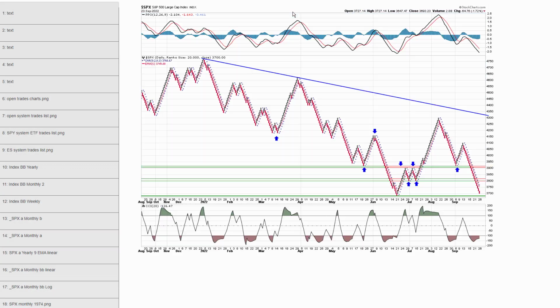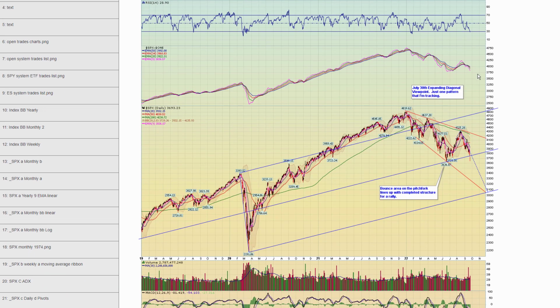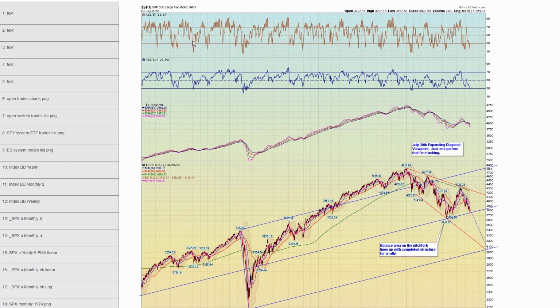Next. Chart number 23, here's that Renko chart, a nice clean chart. It shows you the support levels quite well, and wave counts. You can see that was a big support area. That was lost. Then we lost this support, and we're basically back to this area. Next. Chart number 24, here's another daily chart. This shows that expanding diagonal. And you can see how it potentially measures all the way down to this area.